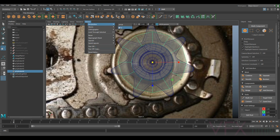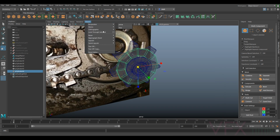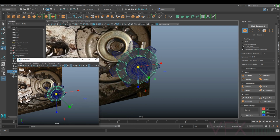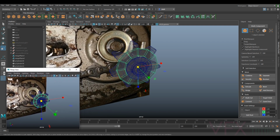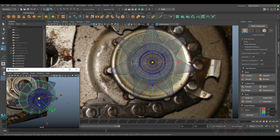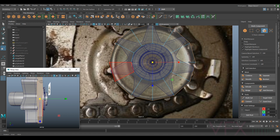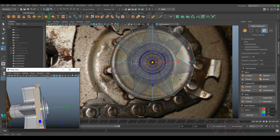So I'm just going to go back to my perspective and tear off a copy, so I can just keep it down in the corner. Then go to my orthographic front. So I want to turn this off X-ray. Going to select my faces, and if I scale, like I said, if I scale this out now, I'm slowly actually making this wider, and